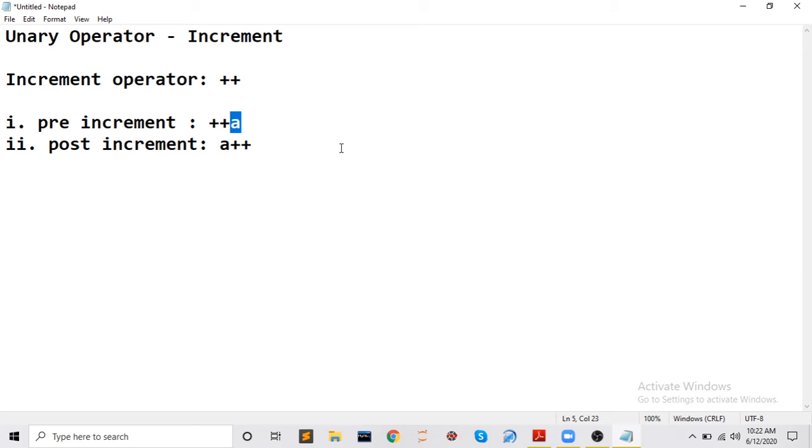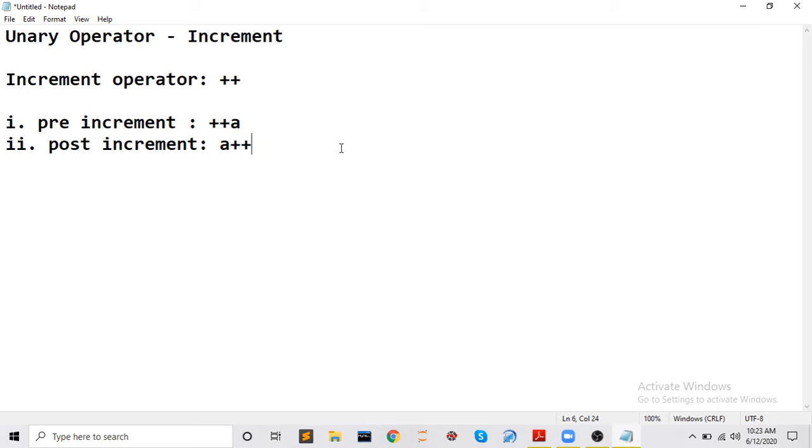So this is our operand and this is our operator. In pre-increment the operator will be before the operand. Similarly in post-increment the operator will be after the operand. Pre means before, post means after, and increment means plus. So this is very logical, just break it down turn by turn and you can easily understand.